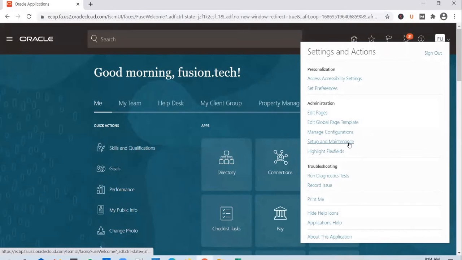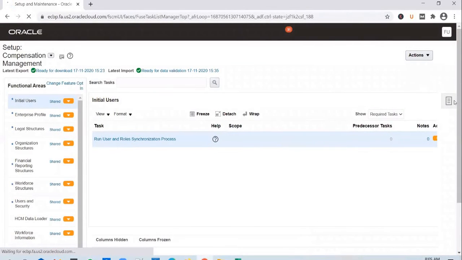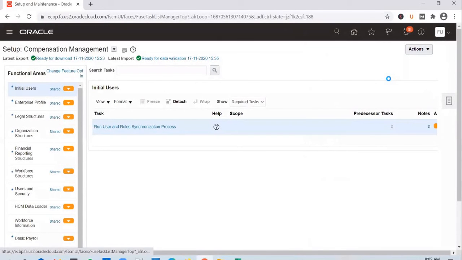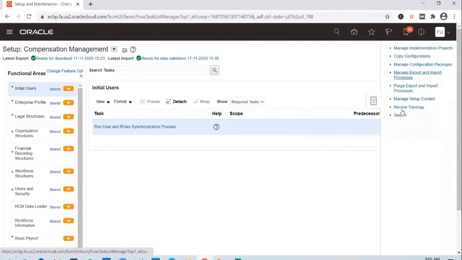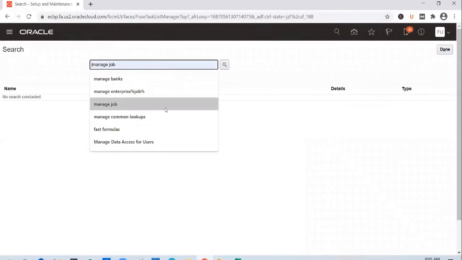So click on the drop down, go to setup and maintenance. Go to global search and search for the entity that you want to load data into.